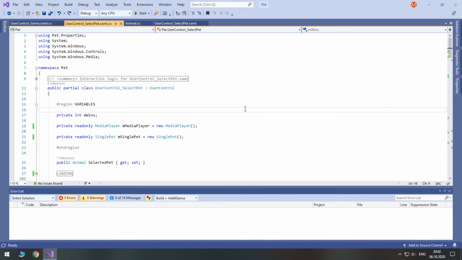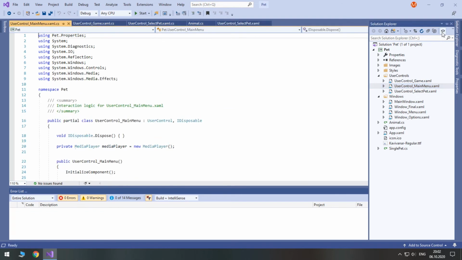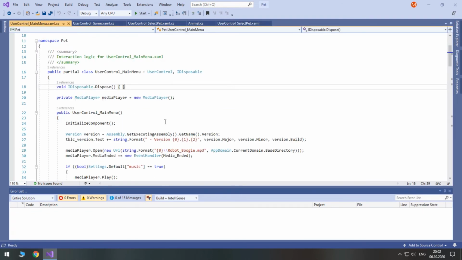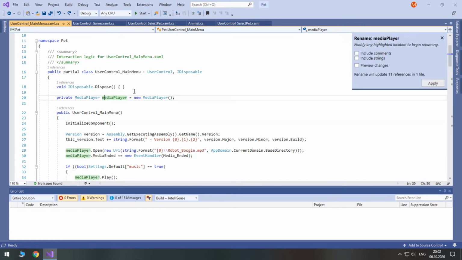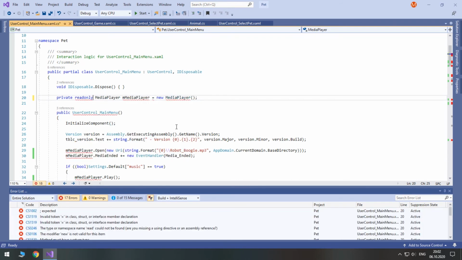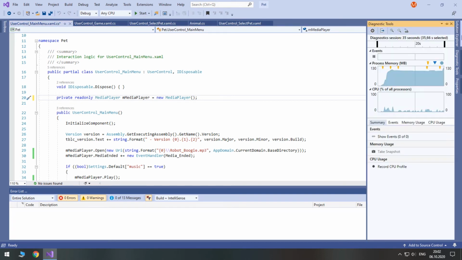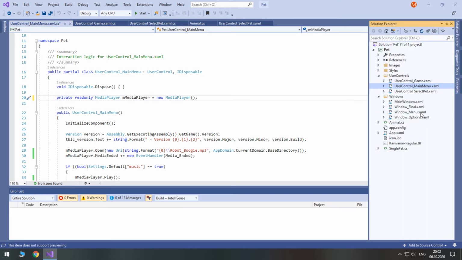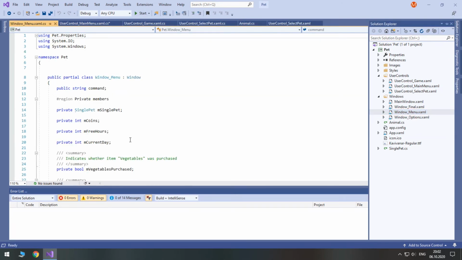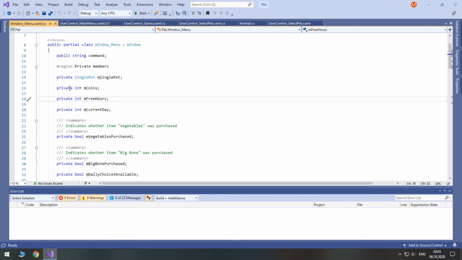We also have another user control, and that is our main menu. So let's open it. Yeah, here. Well, again, rename it. Okay. And add the readonly modifier. Okay. Now we also have some variables in our windows. In our window menu, here we have a lot of variables which are private fields.